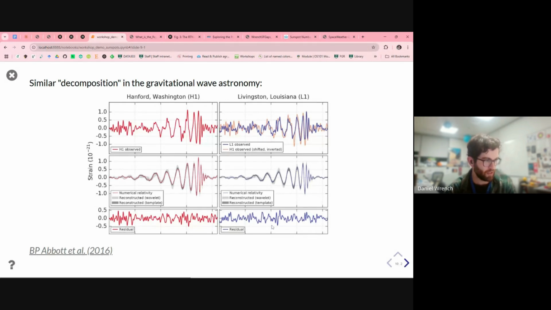And reassuringly for them, it looks pretty stationary. It looks reasonably like white noise. As it turns out, very often the noise in gravitational wave astronomy is very non-stationary and very non-Gaussian. But from my limited understanding, at least this subtraction seems to have captured the key variation very nicely. So it's a nice demonstration of this idea of subtracting some kind of periodic or expected signal to see whether that explains a lot of the variability.